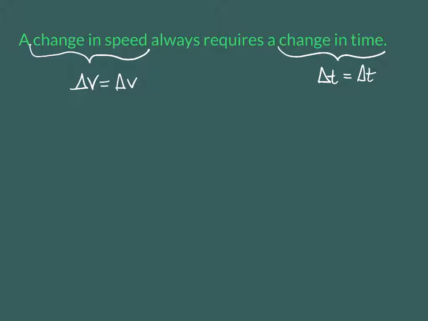It is the case that a change in speed is proportional, or dependent, on a change in time. I can't have one without the other. And so that means that I need to make a fancy form of 1 at a time,